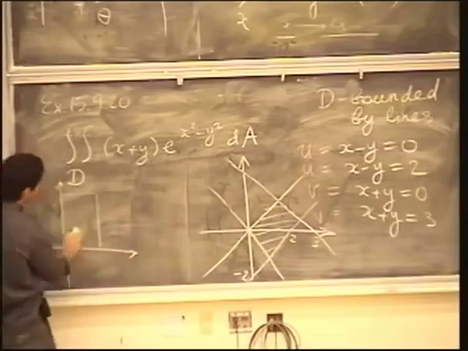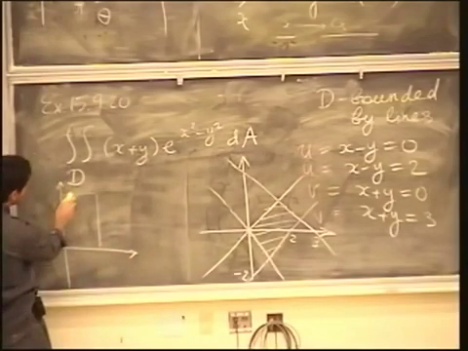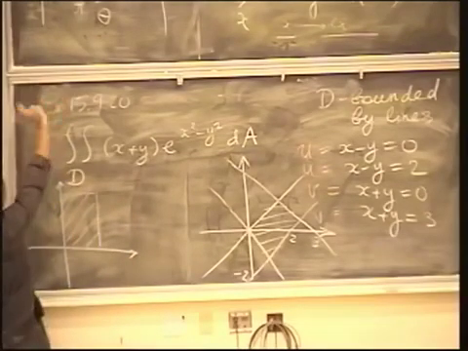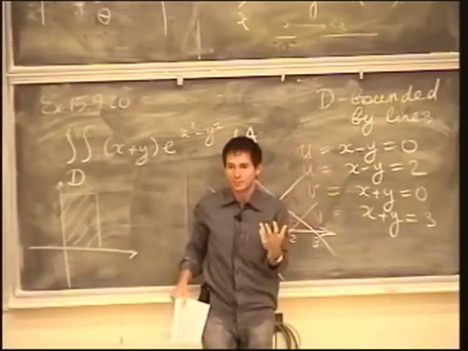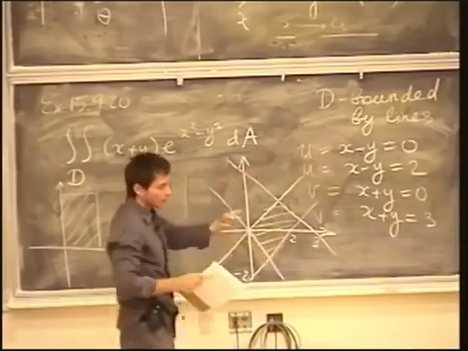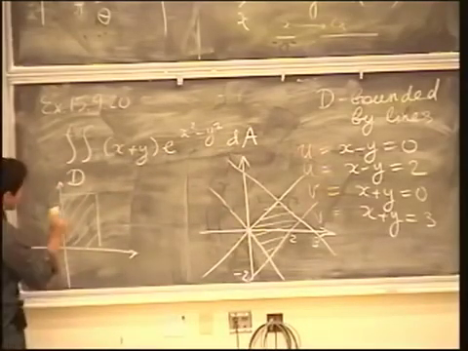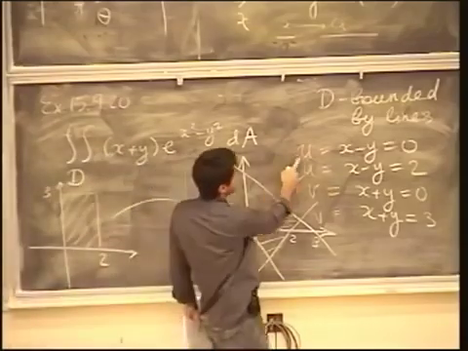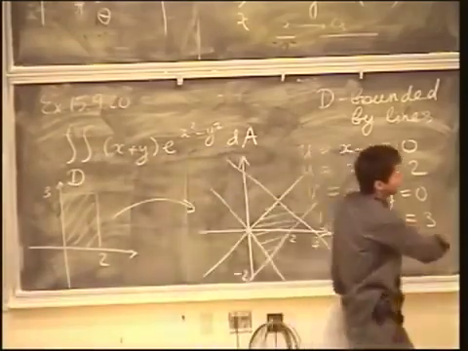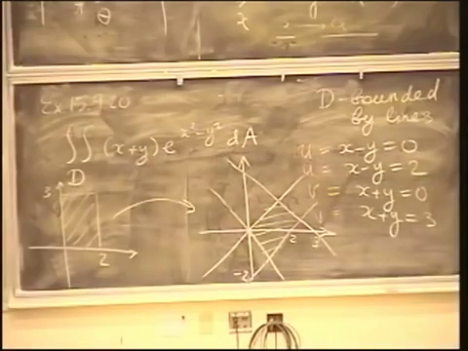So we have here this rectangle in the UV coordinate system. So see, this is an example also of this kind of transformation, but it's simpler because it's linear. And those of you who have taken or maybe are taking Math 54 will recognize a linear transformation. In fact, it is a rotation by 45 degrees, coupled with an expansion by square root of 2. So this is 2 and this is 3. And this formula gives me a map, because here I have expressed u and v in terms of x and y, but I can also go back and express x and y in terms of u and v. And I will find that x is u plus v over 2,